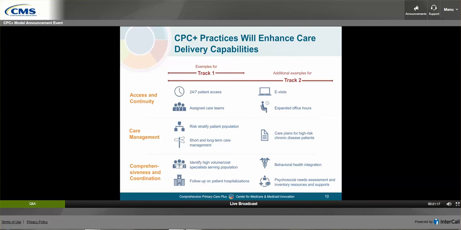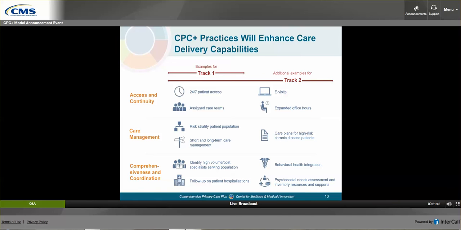Practices will provide both of these types of care management, targeting the care management to best improve the outcomes for these identified patients. The practices will guide their care management efforts by analyzing internal and payer data and by using care plans focused on goals and strategies that are congruent with patient choices and values.